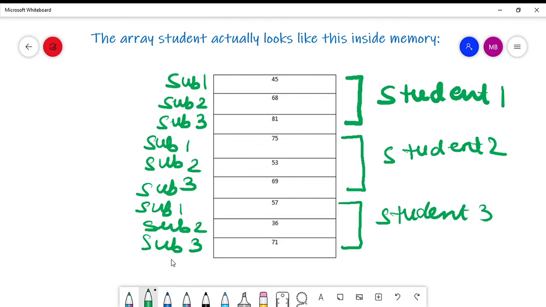So actually it is representing student 1 and these marks, then student 2 these marks, and student 3 these marks for all the three subjects. So this is how the array student would look inside the memory. Okay, so this is how you initialize and declare an array within structures.